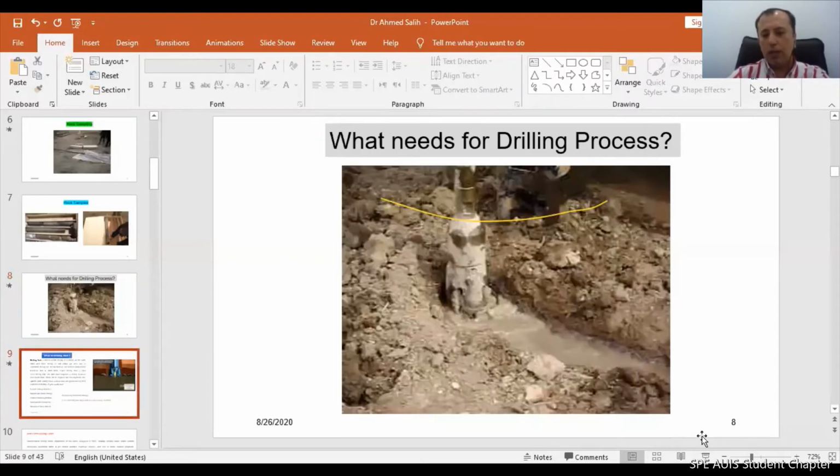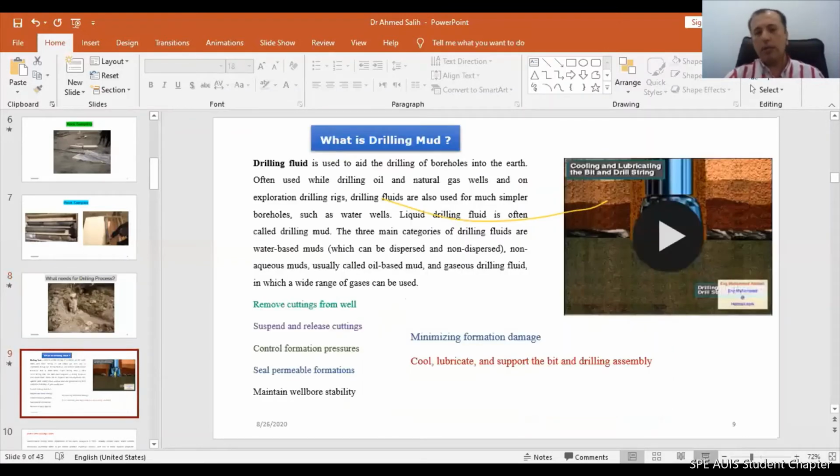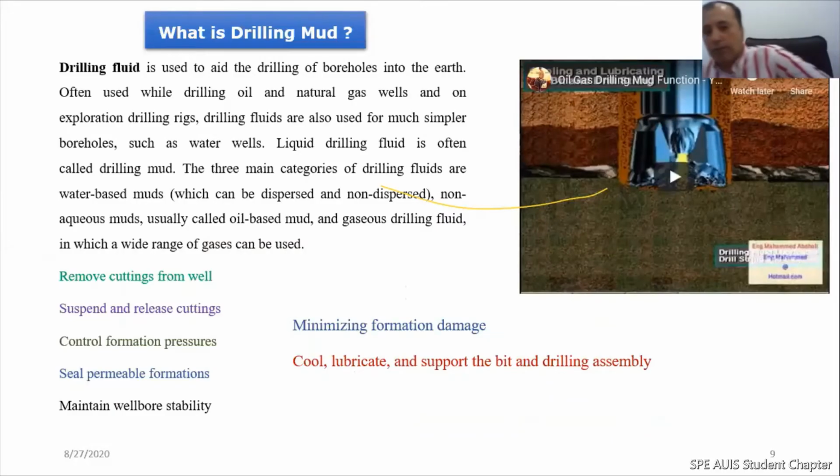We'll call it drilling mud. From its name, the word mud means it's water plus clay. But what does it do? What is in the composition? Normally, we use about 90% water and about 10% clay. So mix them up,